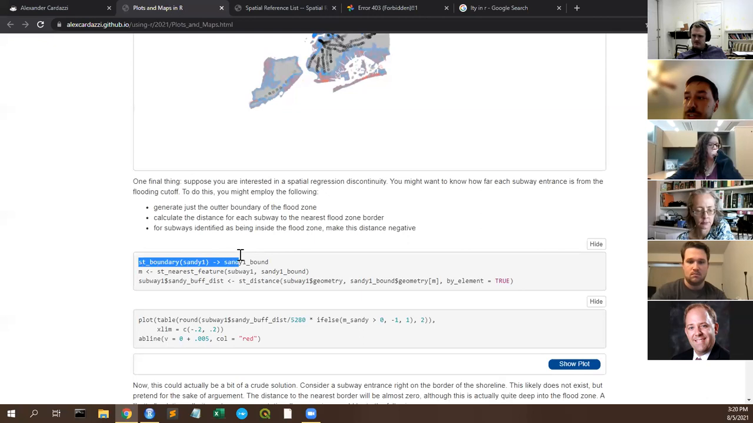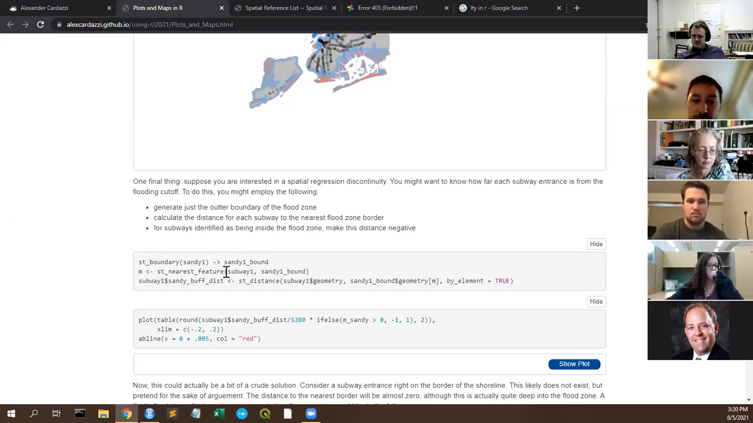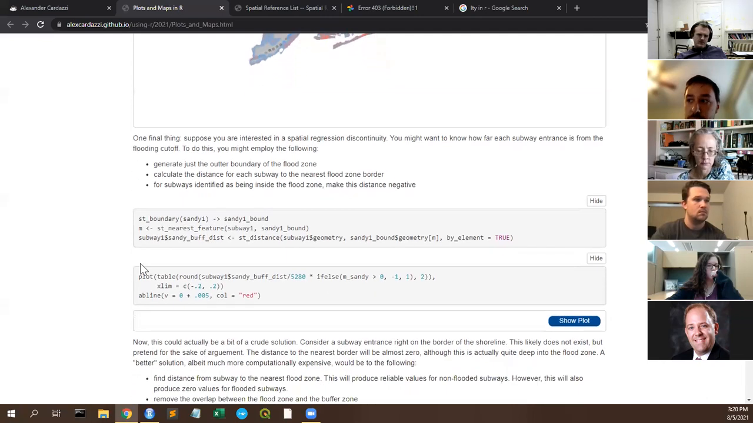So I'm making the boundary here. I'm finding the nearest feature for each of the subways, and then I'm finding the distance. I've done this all before, but I'm just calculating the same exact thing. So now if I plot a table of the distances, I'm going to make a modification and say, if it's in Sandy, make this a negative, because it's actually on the other side